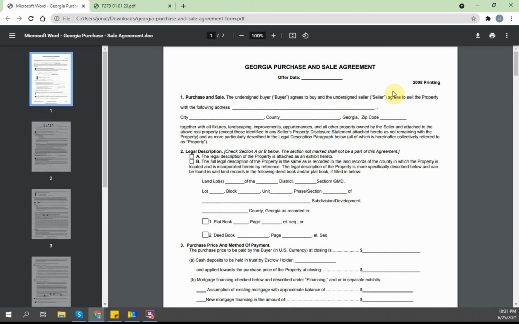You can do a Google search for it. It's called an option contract. What that does is it also gives you equitable interest, so it lets you market the property. However, the seller is not bound to you to where they can't market the property. They can still try to sell the property as normal. And if the seller finds another buyer, then your option contract is null and void.